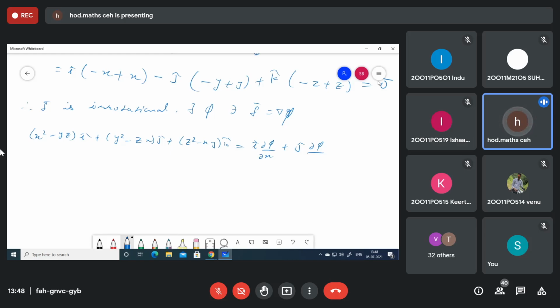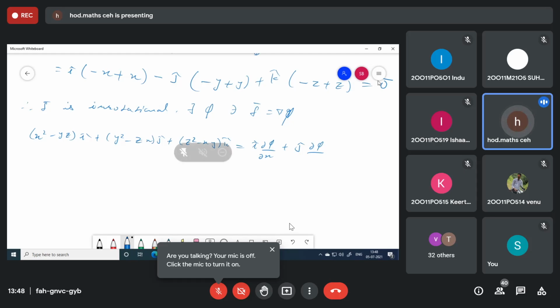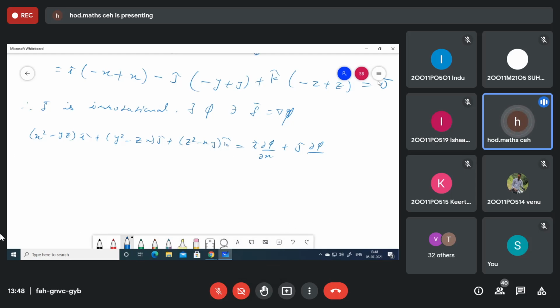They ask us to find the scalar potential also. Is it or not? So if you remember the definition, if f bar is irrotational, then there exists a scalar function phi such that f bar is defined as gradient of phi, where phi is called the scalar potential. So this phi function we need to find, and it has to be a scalar function. Okay, and gradient of phi means i dou phi by dou x plus j dou phi by dou y plus k dou phi by dou z. Now both sides you have vector. Now comparing the components, what you will get?